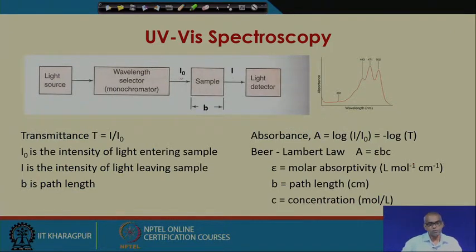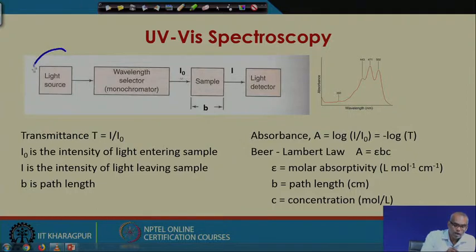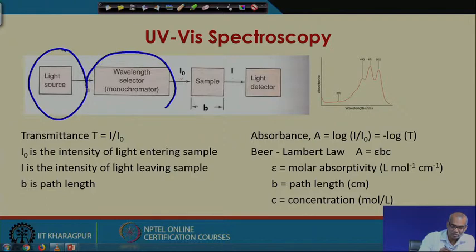What you see is a very simplified description of UV-Vis spectroscopy. The basic components are, you have a light source which produces light in the UV-Vis region. Then you have a monochromator or wavelength selector, means